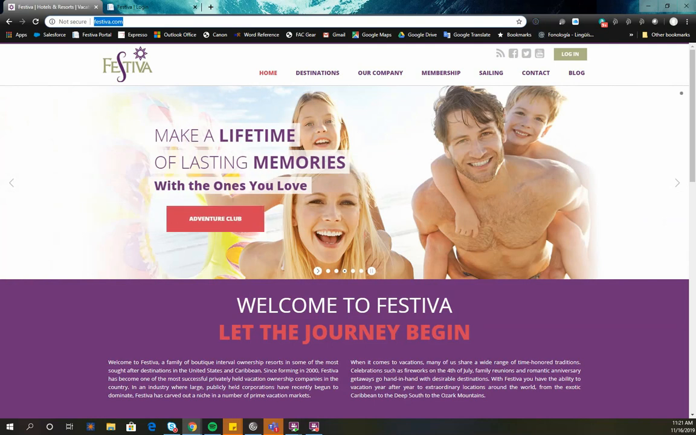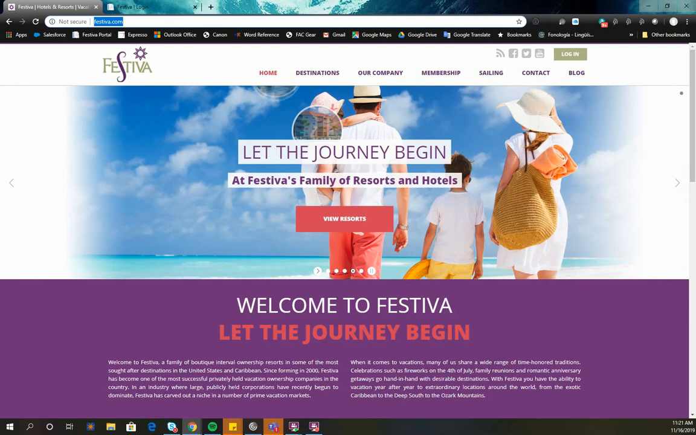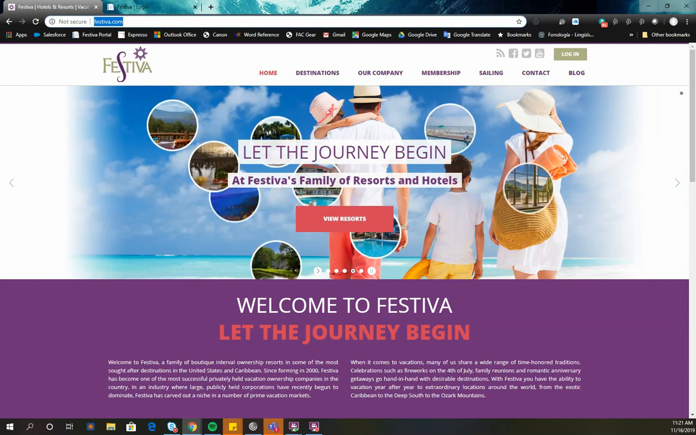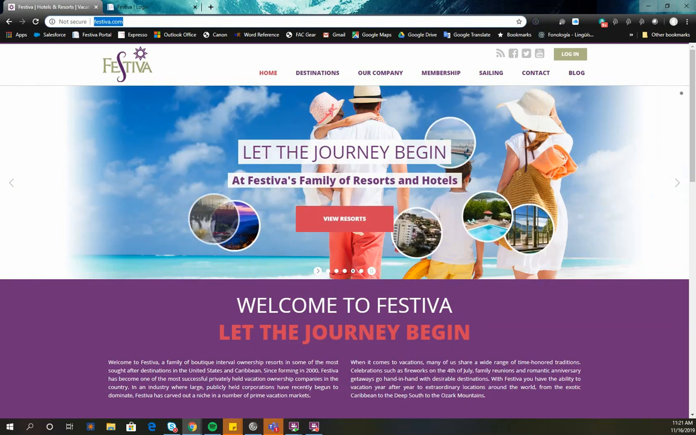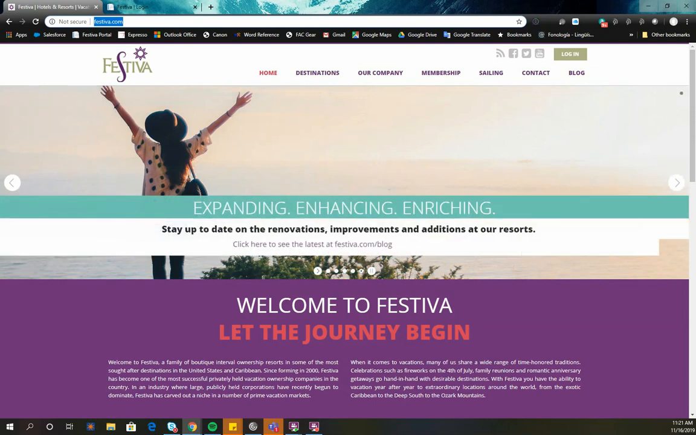And to better understand your account with us. So today we are going to review how to make a payment towards your maintenance fees. So let's begin by opening up your preferred browser, and then once you have the browser open, we are going to go to the Festiva webpage at